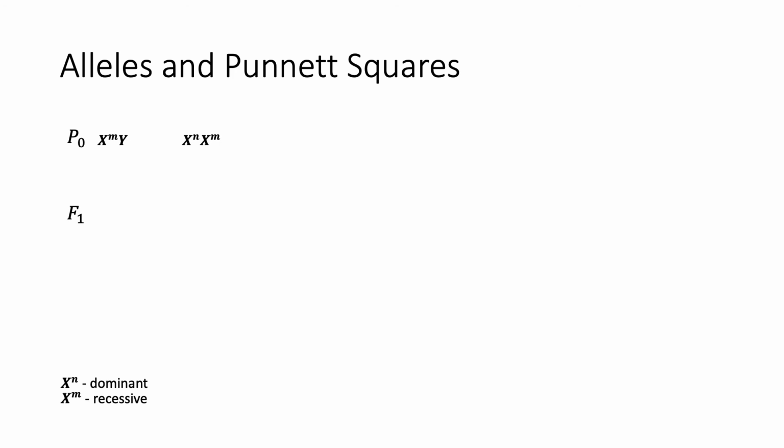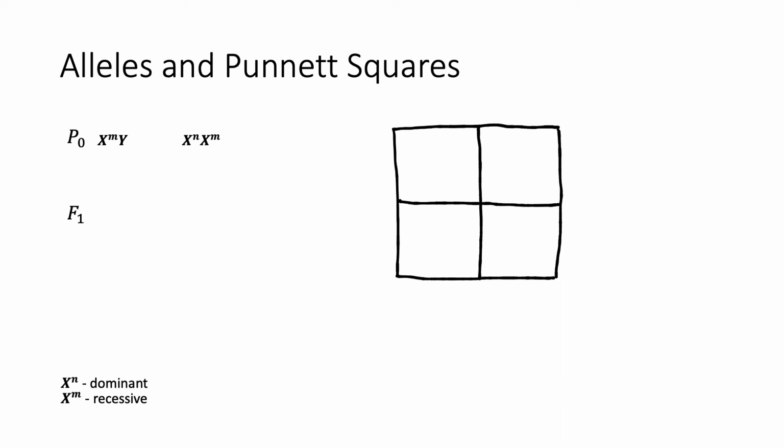Now, I want to know what the phenotype and genotype is for the children of these two parents, one with a genotype of XMY and another with the genotype of XNXM. So basically that's a male with a mutated allele and also a mutated phenotype crossed with a female that has a copy of that mutated allele, but not the phenotype because the normal allele is dominant. The notation is a bit more convoluted, but other than that, this will be exactly the same as the other crosses we've done. So let's draw this Punnett square.